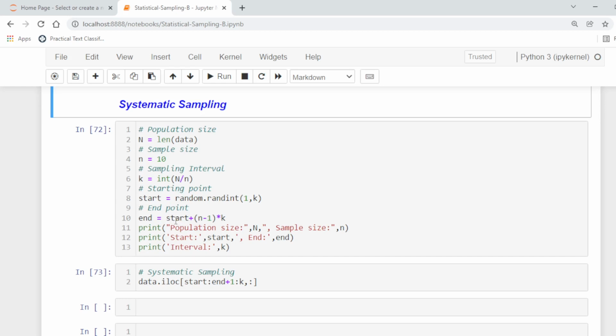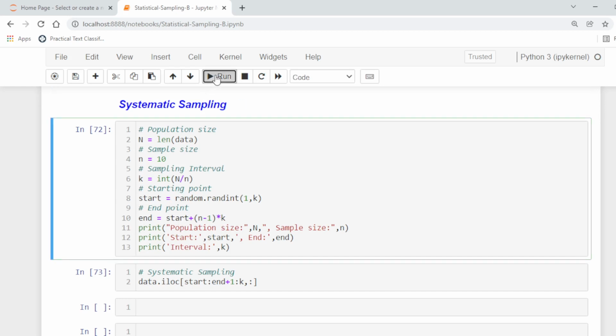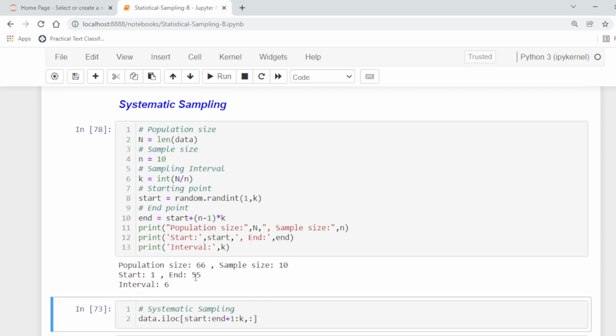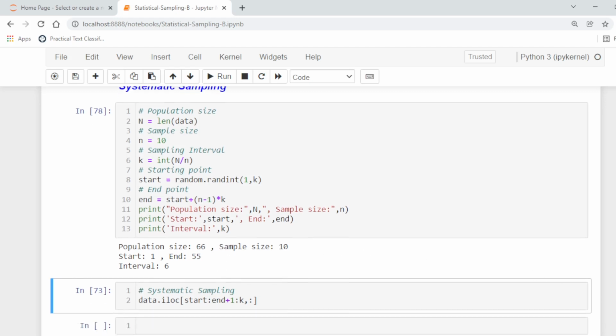The nth term will be the first start plus n minus 1 times the interval, which is the common difference between the samples. Now if we run this, we will get the following output. Population size is 66 because there are 66 examples in our data set. Sample size is 10. Here the start is 1, which is the random value, the end is 55 and the interval is 6. If we divide 66 by 10, we get the integer value 6.